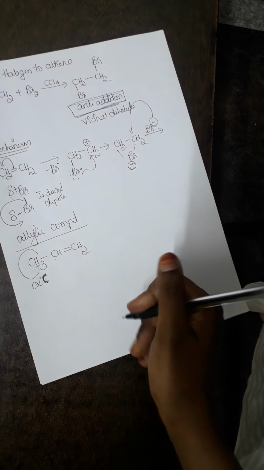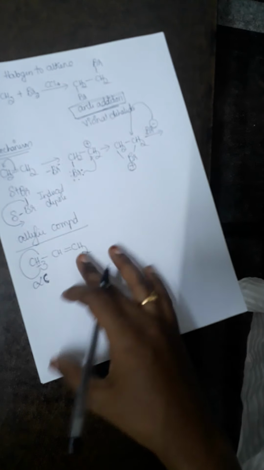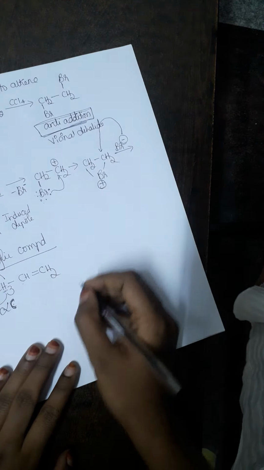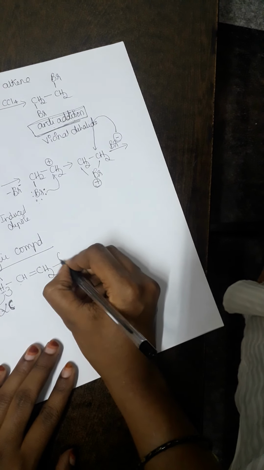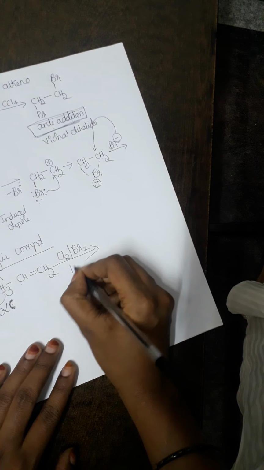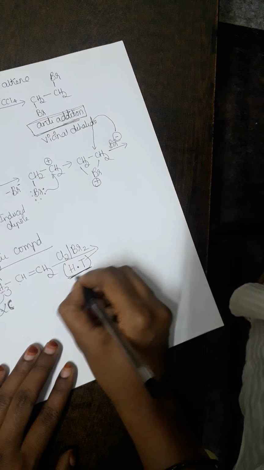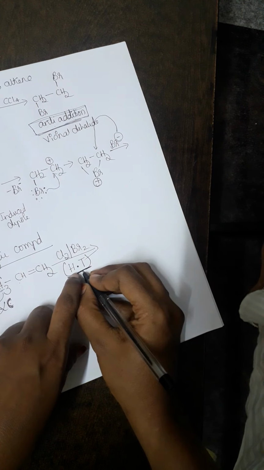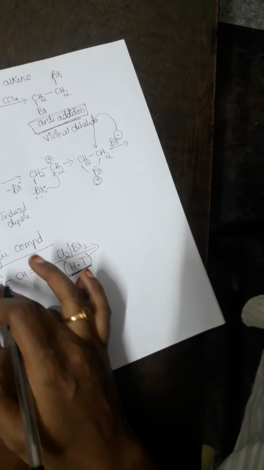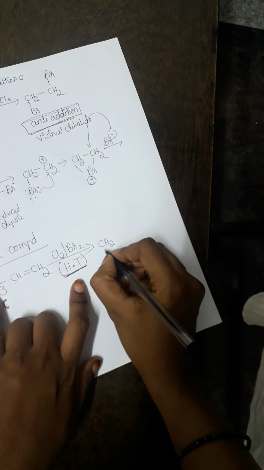So we have three different methods. Of course, only one is there in your NCERT. The remaining two you should know only for your competitive exam, which is very, very important. So let us look here. The first reaction is you can do chlorination or bromination, but here you have to maintain a very high temperature. This condition is important. Only then you can have a substitution at an allylic hydrogen in an allylic compound, so that here I'll end up with CH2Cl.